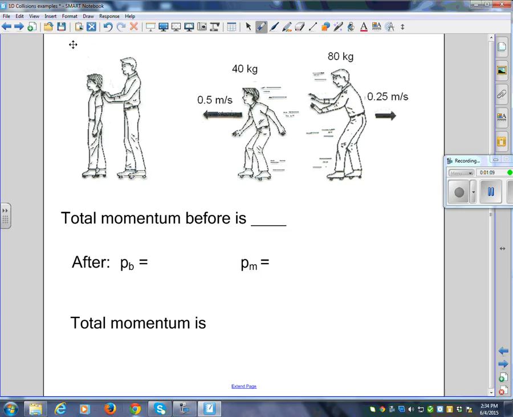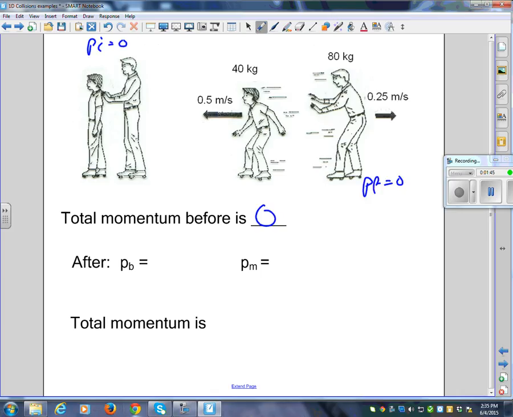Okay, so here is the classic situation. You've got a boy and a man on roller skates, rollerblades, I guess you could say now. And they're just stationary. The man decides to give the boy a push in the back. The boy goes forward, the man goes backward. What's the total momentum before? 0. The total momentum before, PI, is equal to 0, which means that the final momentum is also